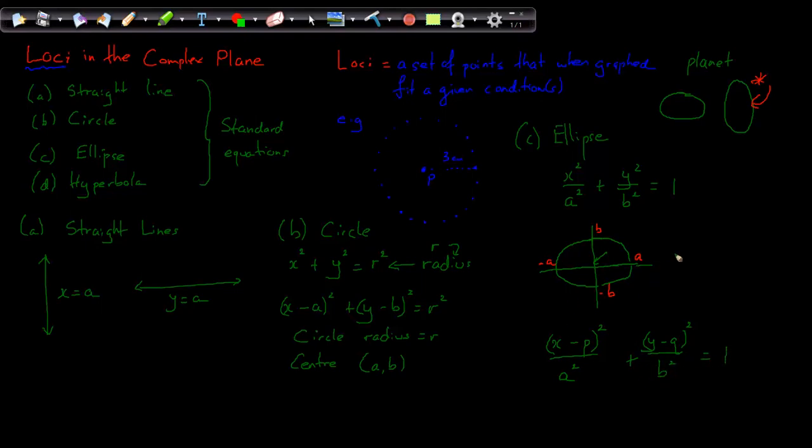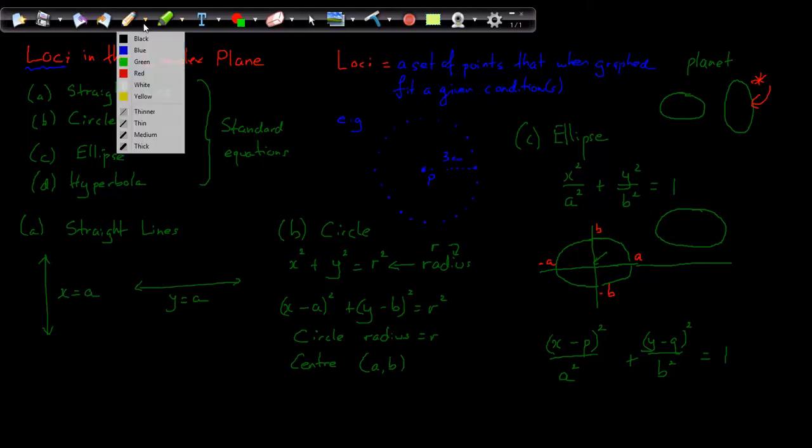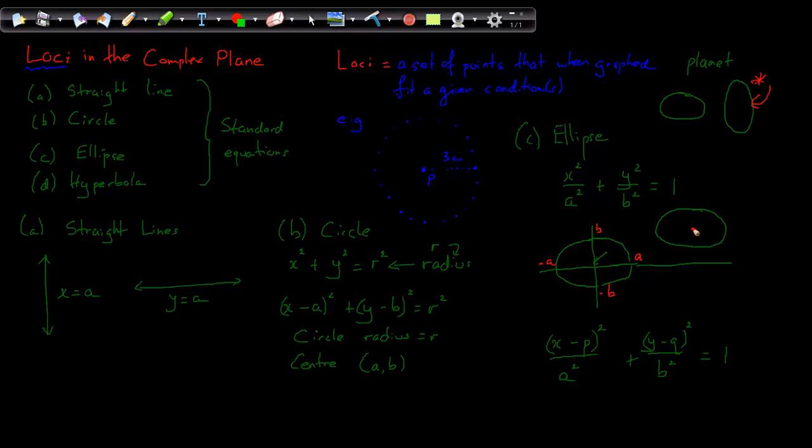That is exactly the same as this, except that we might have an ellipse over here, say somewhere, where this is the center here, and this distance might still be a, negative a, b, negative b from that midpoint,